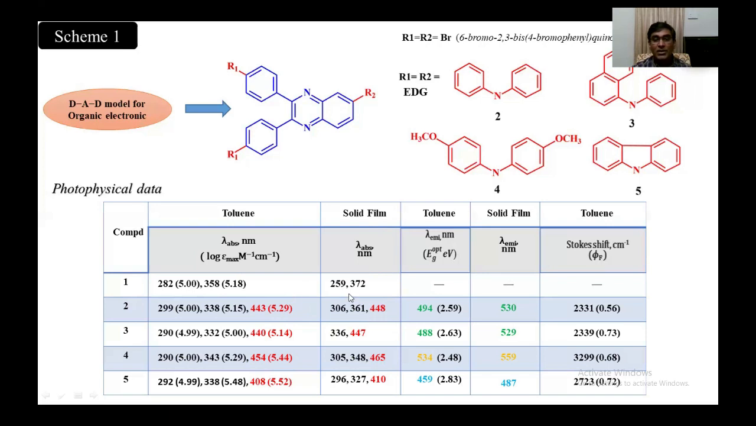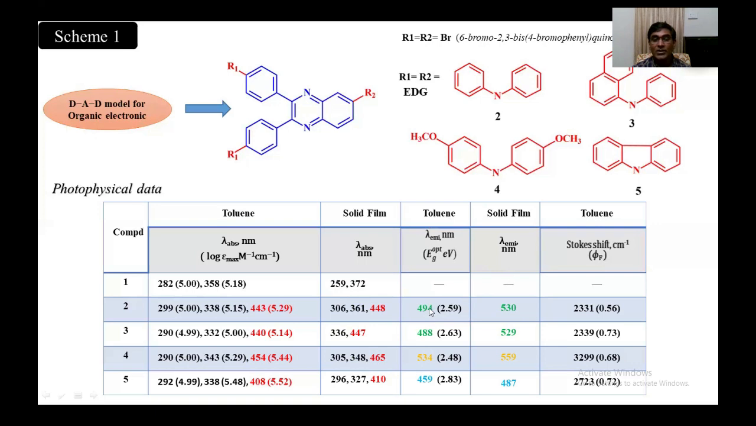So you can't see here the ICT band, but in the other derivatives 2, 3, 4, 5, you can see these ICT transitions. We have taken the emission properties of these molecules in solution as well as the solid film. In toluene, this is the data here. The central molecule is an electron acceptor, electron deficient, a non-emissive one, and when we attach the donors and form the DA architecture, the molecule becomes an emissive one, and this emits in the green to yellow to